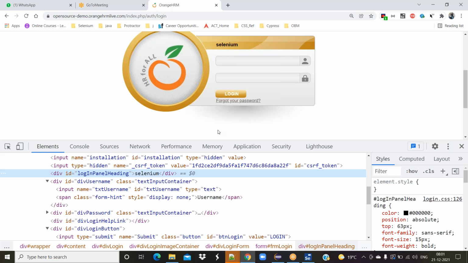So any questions from anyone? That's it from my end for today. We are going to discuss how to find the locator, how to write it, and expand on these scenarios. Any questions from anyone?